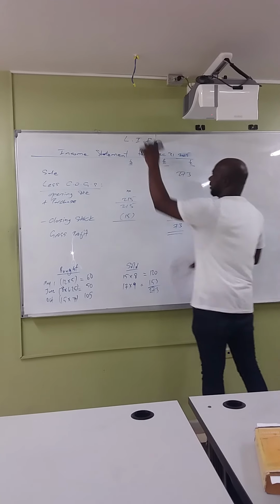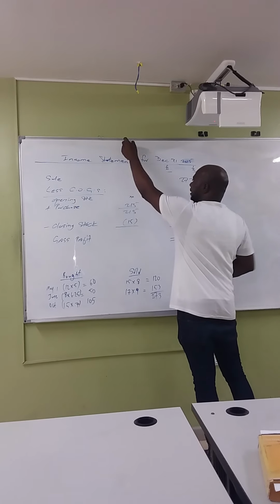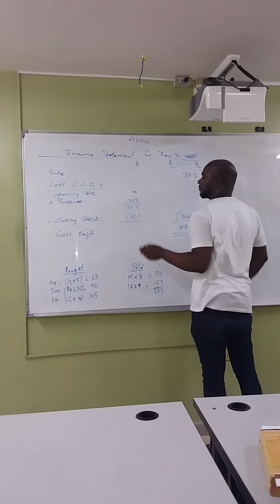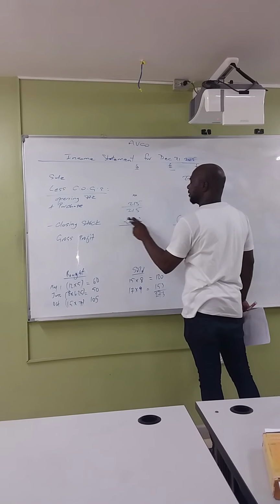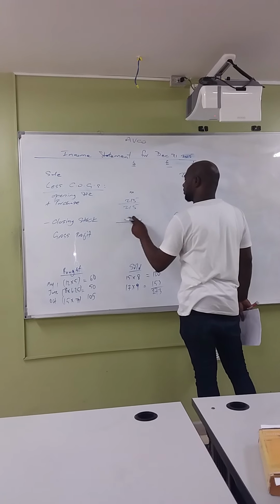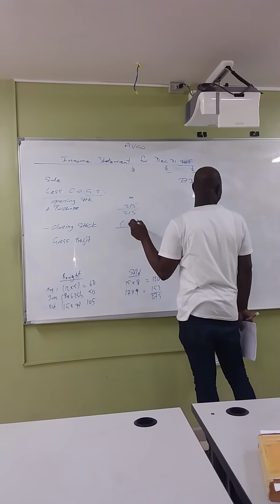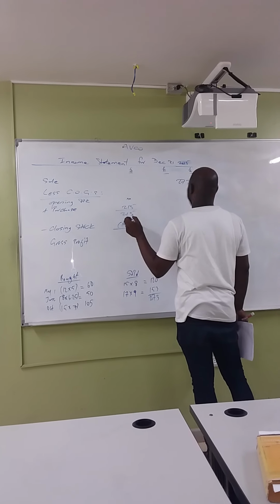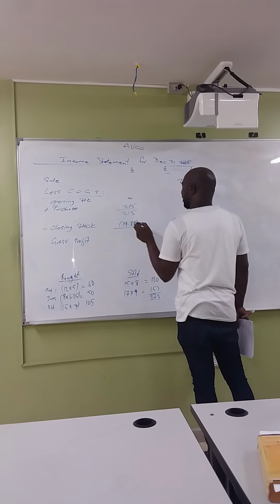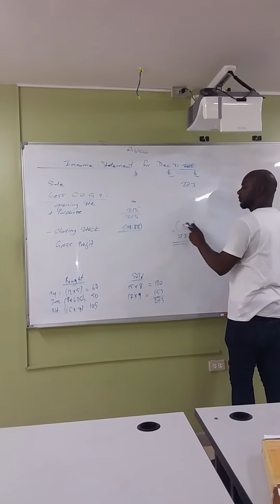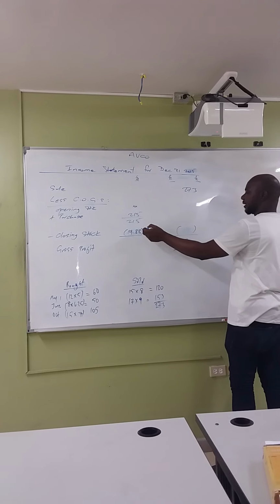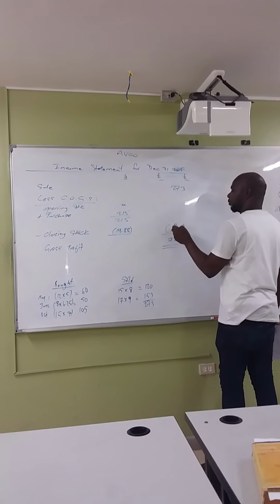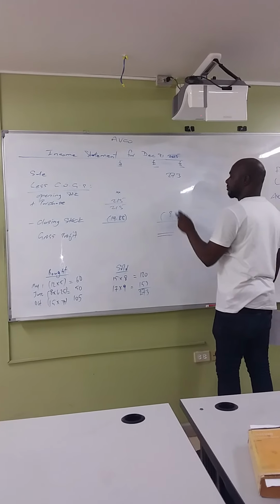Now if you are using the average cost method, which is known as AVCO, your closing stock right there would have been 19, let us call it 19.88. Now 19.88 minus the 215 will give you that figure right there. And you minus this figure from